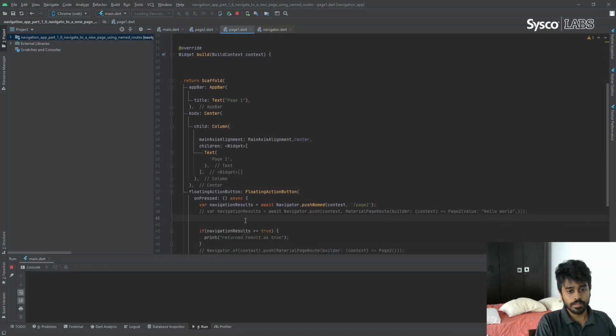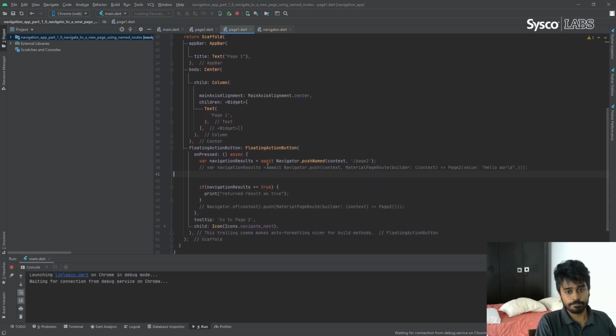Okay. In page 1, I'm using the Navigator class again, and I'm using the pushNamed method. Earlier I used the push method. Now I'm using pushNamed, and I'm passing the context. Here I'm not creating the page widget object.